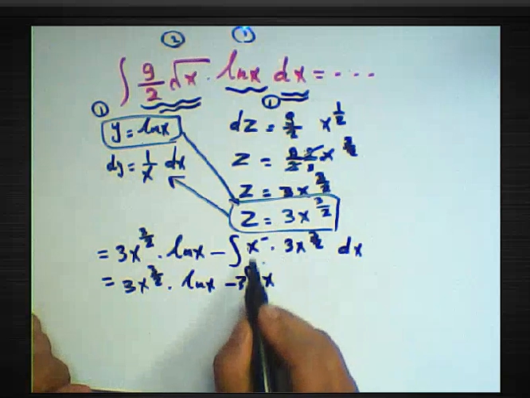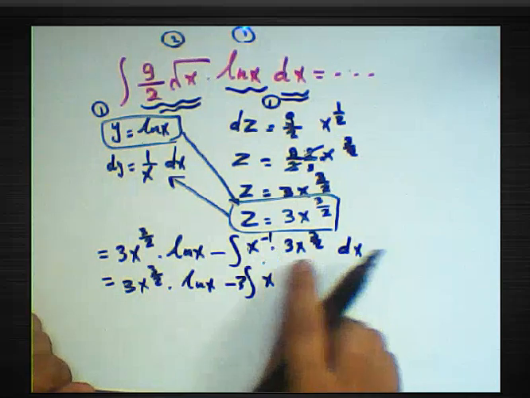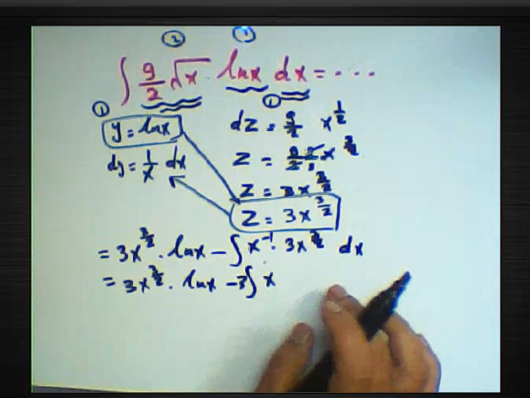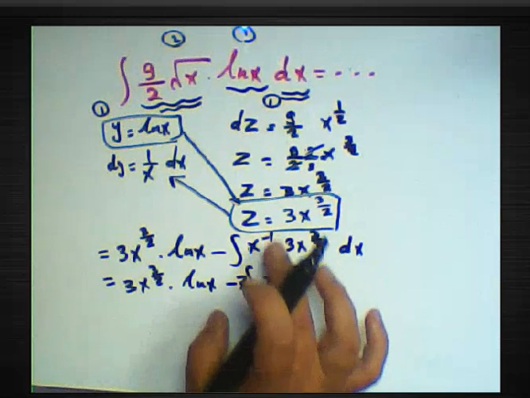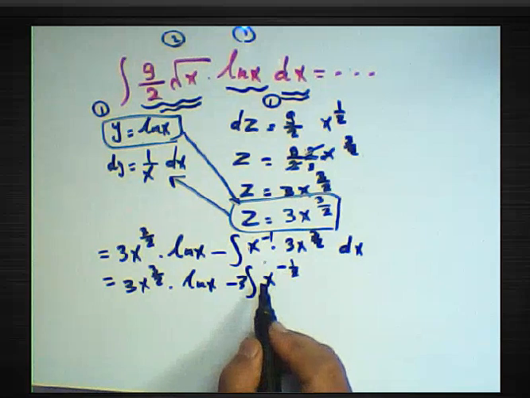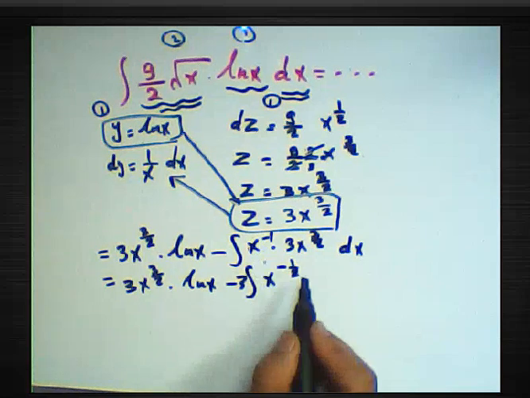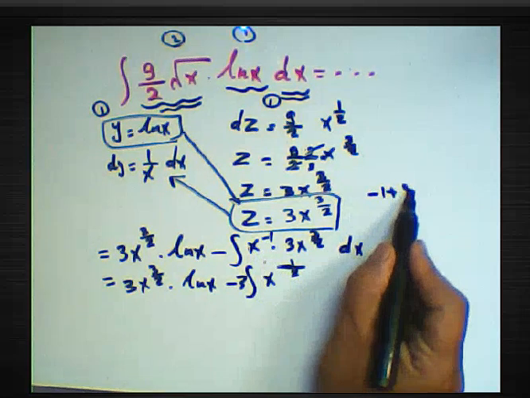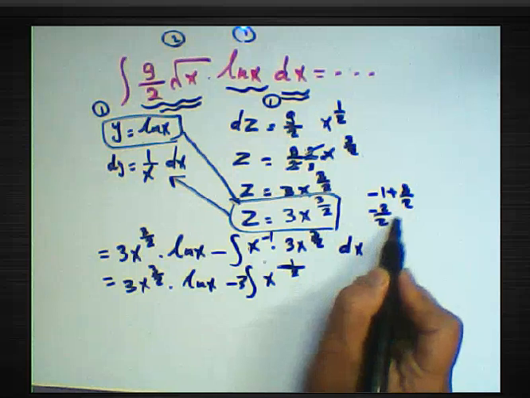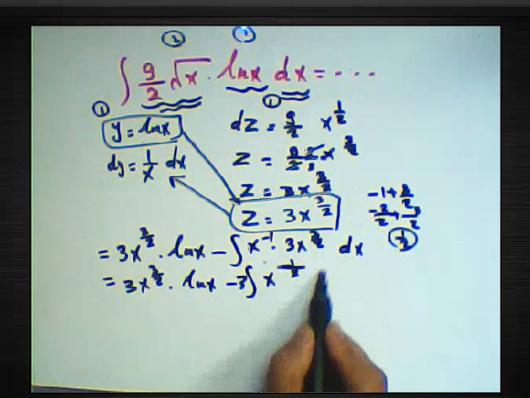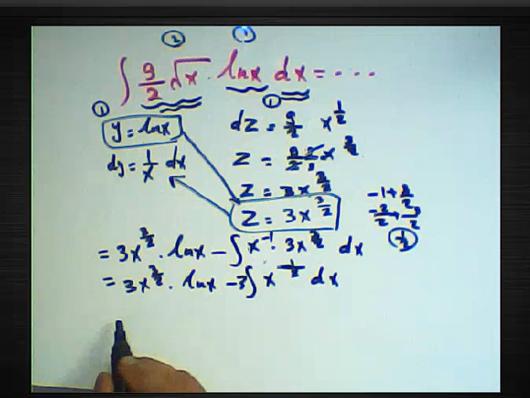3 over 2 minus 1, we can simplify it: 3 over 2 minus 1, minus 1 meaning negative 2 over 2, so the result will be negative half. Integration of it will be positive half. Okay, positive because negative 1 plus 3 over 2, meaning negative 2 over 2 plus 3 over 2, will be half. So the power here will be half, and then you can write here 3x power 3